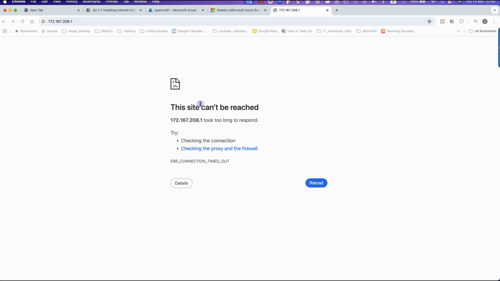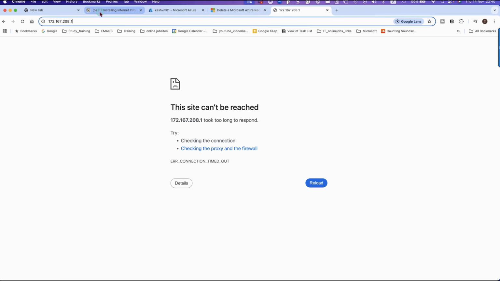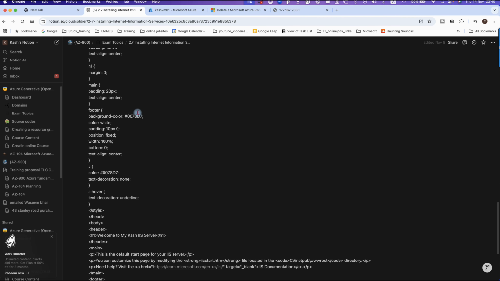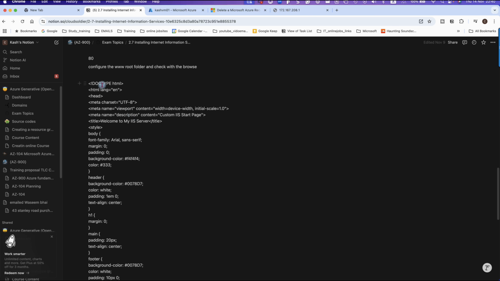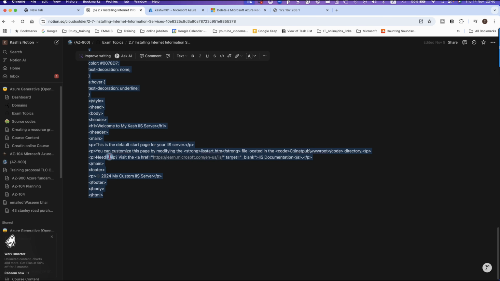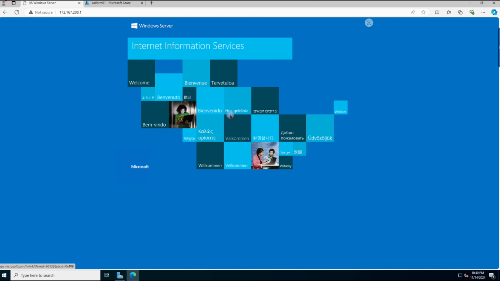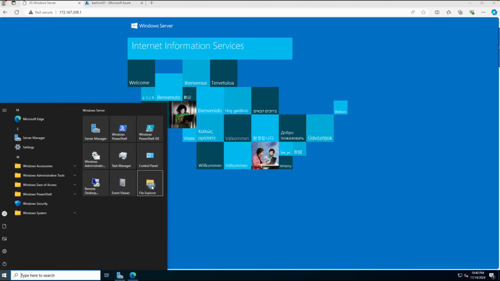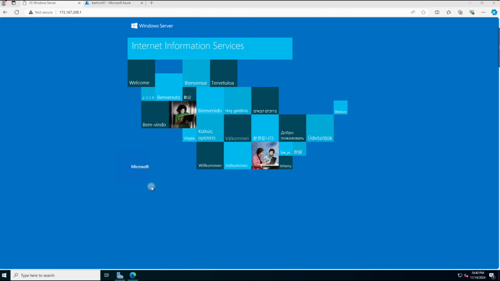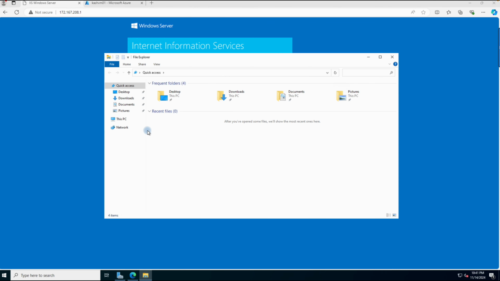Let's do one more thing, let's modify that and put our name. For that we do this. I've copied this code, I will put it all in the description, but you can find a smaller code, but I'm using this. So copy, then we go to this, click on File Explorer. Okay, you went to File Explorer, then go to PC,